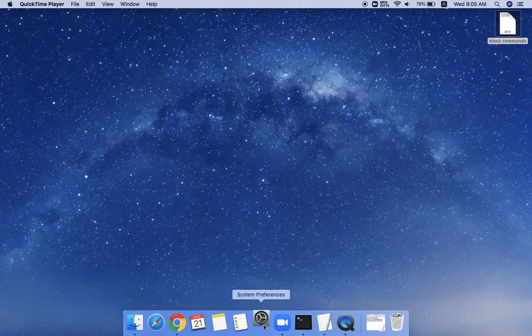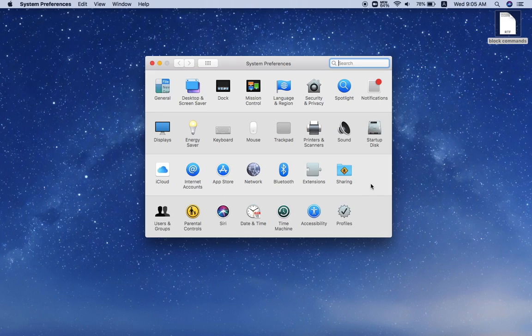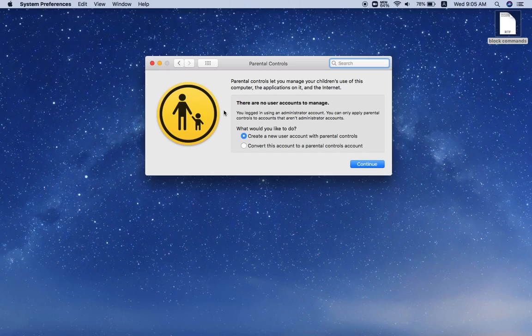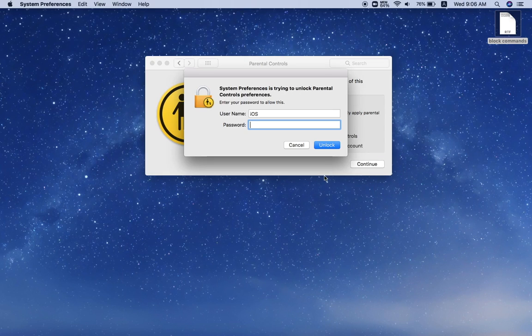First, you go to System Preferences, and in the bottom row, click on Parental Control, which is the yellow icon here. I have not previously set up any parental control account, so what you would need to do is create a new user account with parental controls, and you should leave your current one as an admin account. Then enter your admin password,